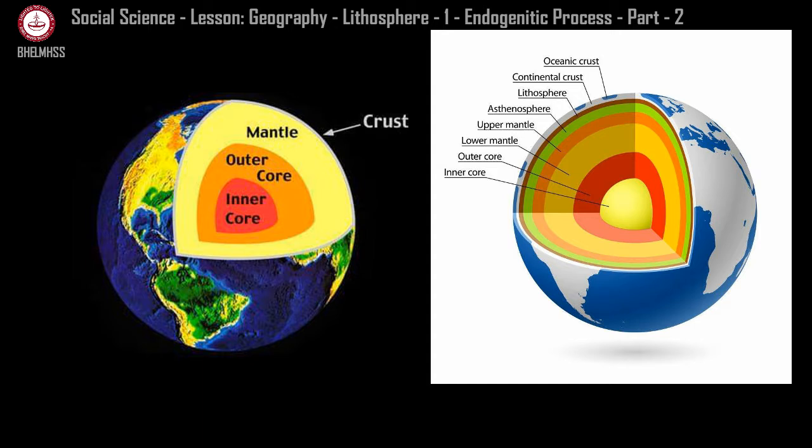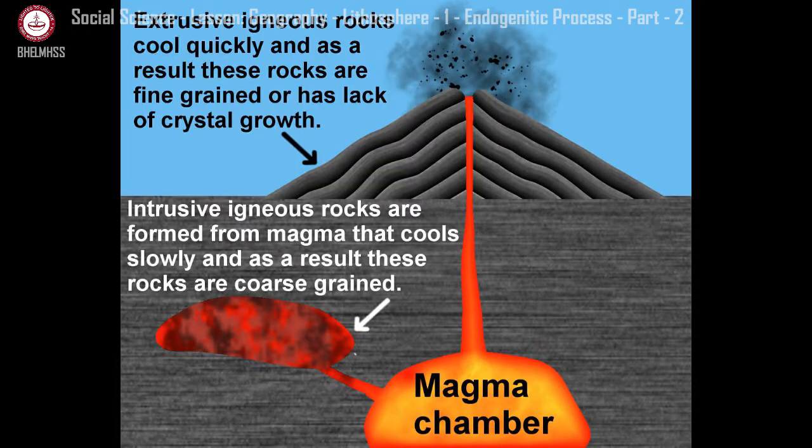The layer below the crust is the mantle. Mantle has two elements, silica and magnesium, otherwise termed as SIMA. It is wide, 2900 kilometers thick, and it has molten rock in a semi-solid state, very hot rock called the magma. This only comes out of the earth through the vent of a mountain as a volcano.